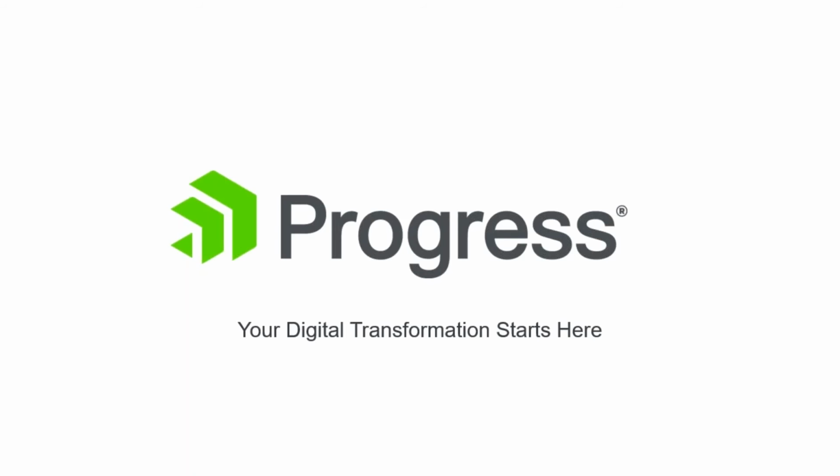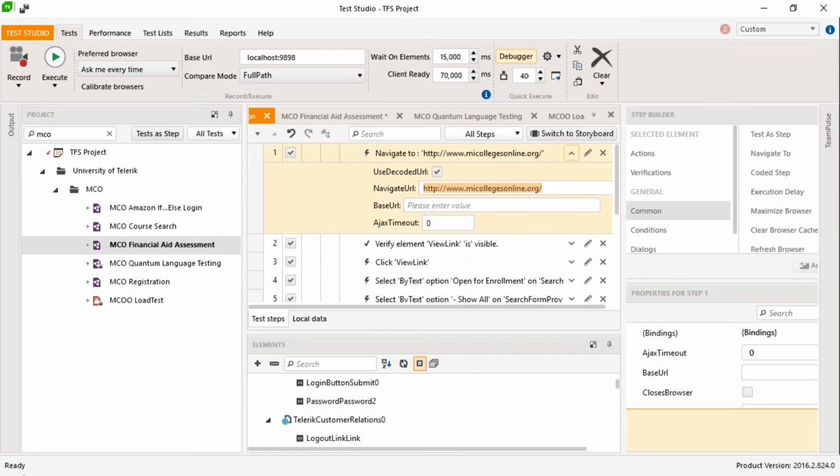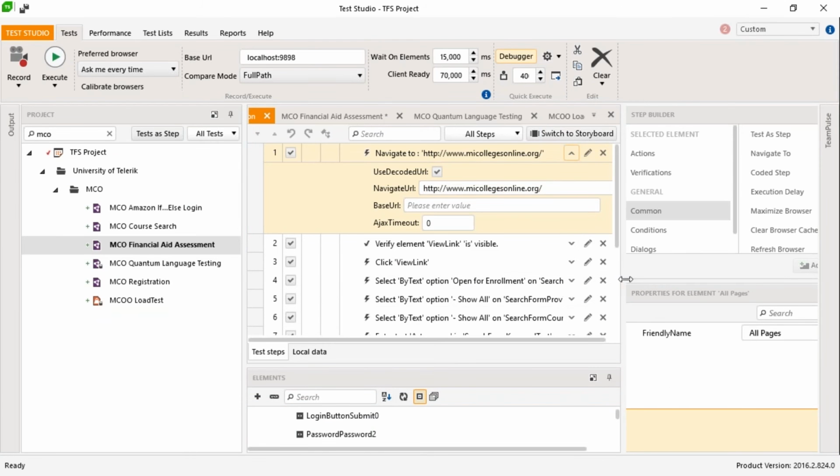So next we're going to jump over to Test Studio itself. I've got a couple projects up. And the first thing we're going to take a look at is just give you some familiarity with what we're seeing here. There's a lot on the screen right now, and this is something that you can configure to your liking. There are lots of tabs that we have for accessing whether it's properties or our step builder that lets you build steps very quickly and easily,